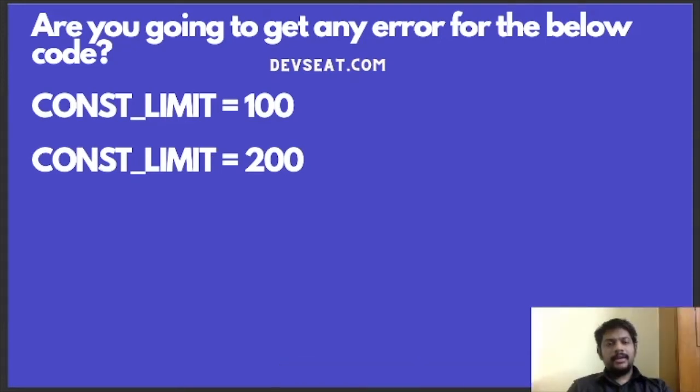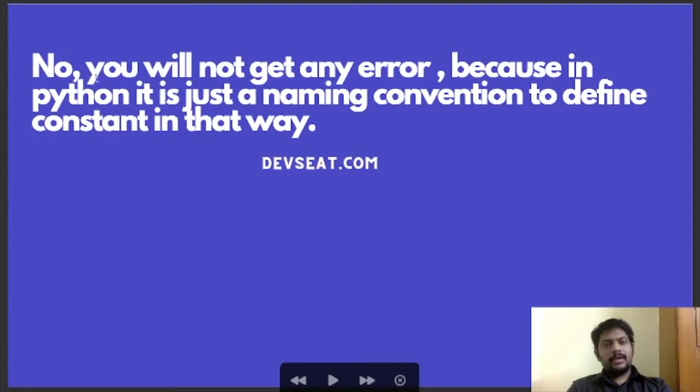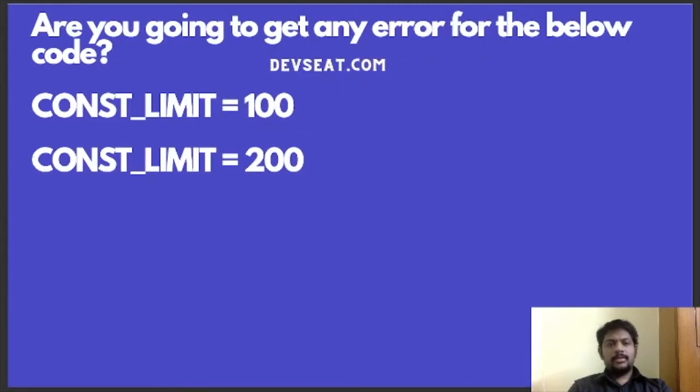It is just a variable. So you can reassign a constant variable. We are not going to get any error even if you reassign it, because in Python it is just a naming convention to define a constant in that way. So that is all about constants.